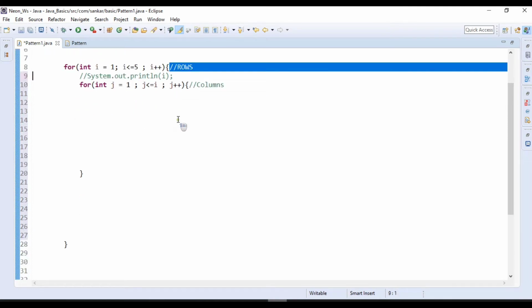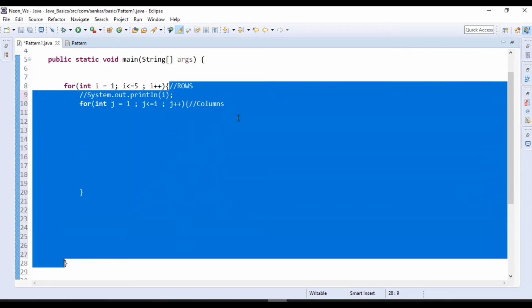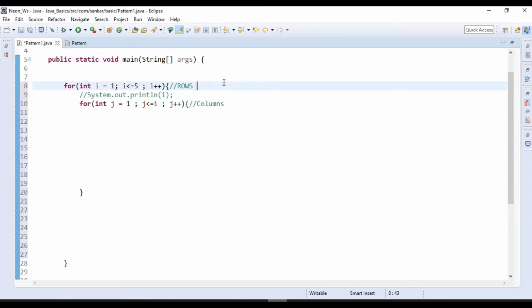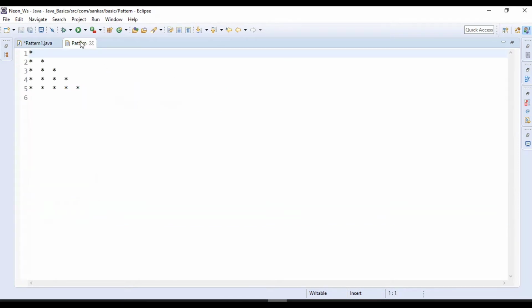See, this is the one for loop, and inside it contains one more for loop. We can say it is a nested for loop. Here we have some terminology. This we can call the outer for loop, and this we can call the inner for loop. Just terminology. Okay. So let me summarize why I wrote this condition.